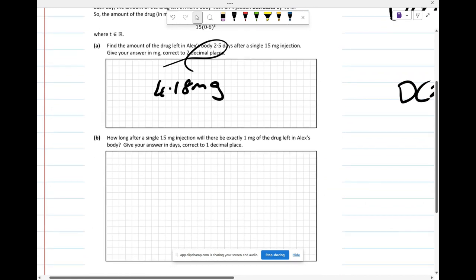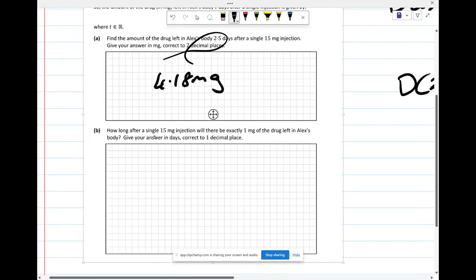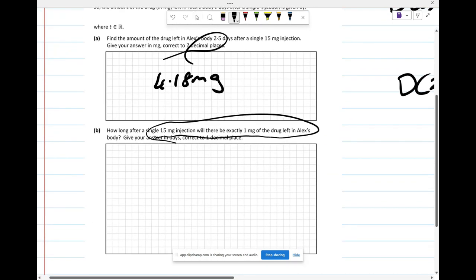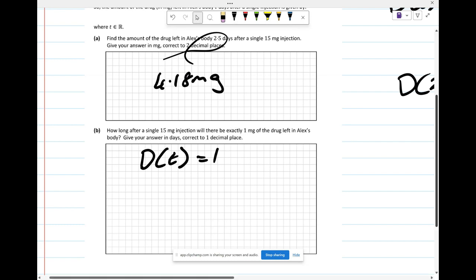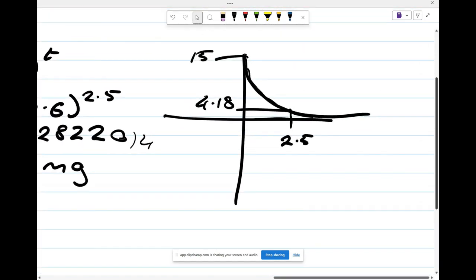Now it says, how long after a single 15 milligram injection will there be exactly 1 milligram of drug left in Alex's body? This is the same question, but now it's reversed. So now our output, d of t, is going to be 1. Our output is 1. We have 1 milligram left. So if we go back to our graph over here,